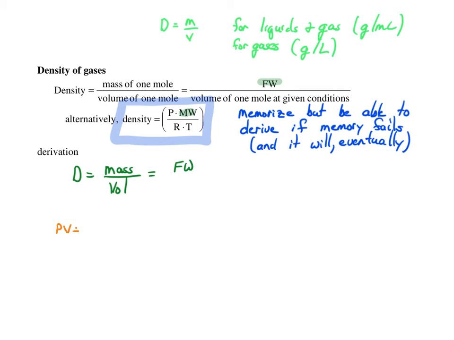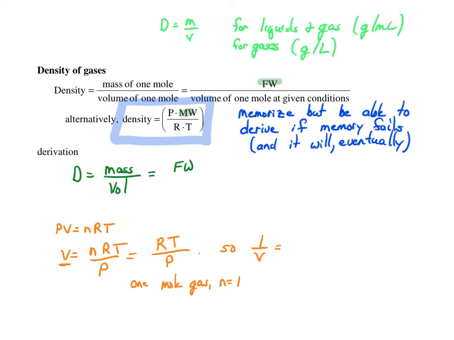Let's start with the ideal gas law. And we know we're calculating for volume. So our volume is nRT divided by P. And if we take for 1 mole of a gas, that n is equal to 1, this comes down to RT divided by P. Again, this is equal to V, so 1 over V, so we divide by volume, that's going to equal